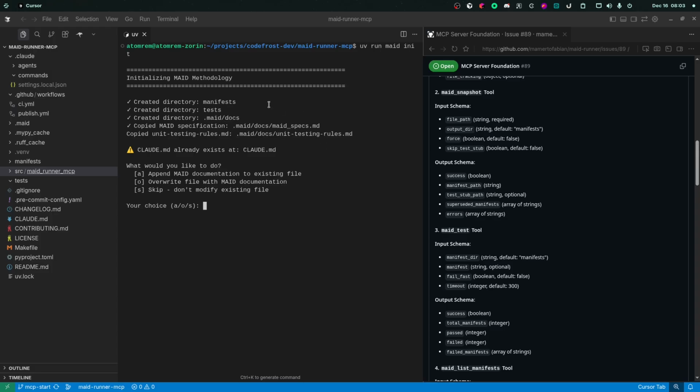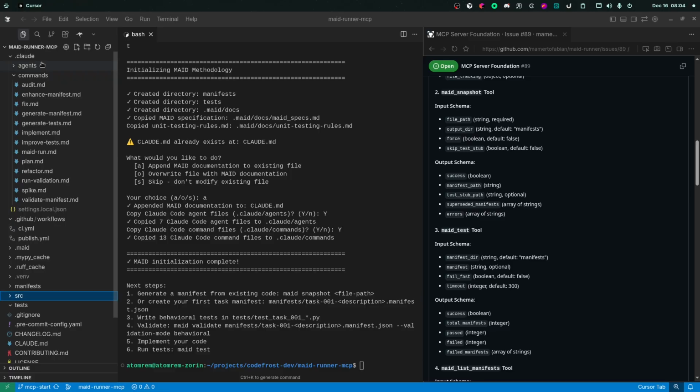It will copy these to documentation. It will update the CLAUDE.md file if it exists. It will show several options to append, overwrite, or skip. Generally, we want to append so that it won't overwrite our own CLAUDE.md customizations already inside. Now, it's asking us to copy the Claude Code agent files. So yes, as well as the command files, the custom commands.